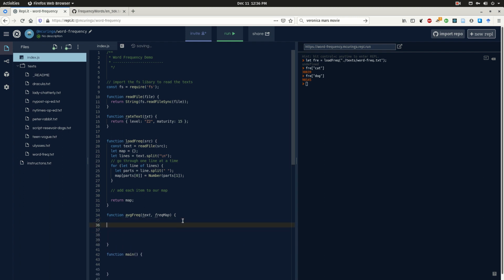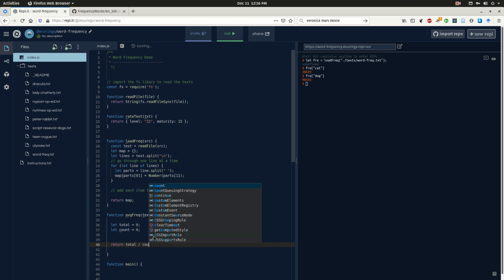So let's do this. Let's create a variable, average, let average get 0, let total get 0, let count get 0. Okay. We actually aren't really going to need the average. So we know that to find the average, we're going to divide the total by the number of items, right? So the sum by the number of items. So what we want to do